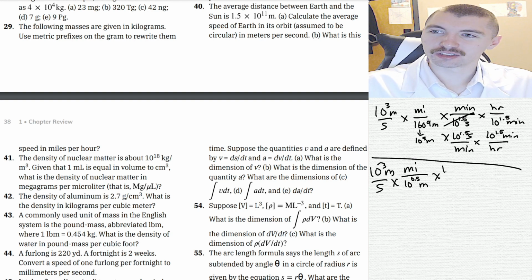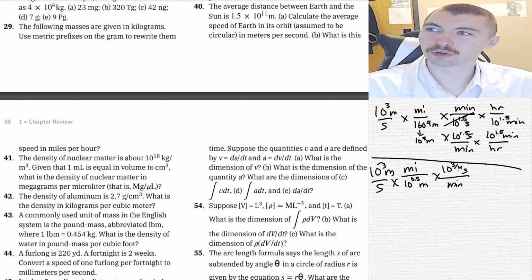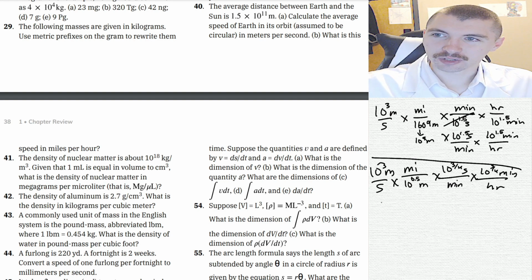And there is 10 to the 3/4 seconds in a minute, because 60 seconds in a minute, 6 is about 10 to the 3/4, times 10 to 3/4 minutes in an hour. So adding all this up, we are going to get 10 to the 6/4, which is